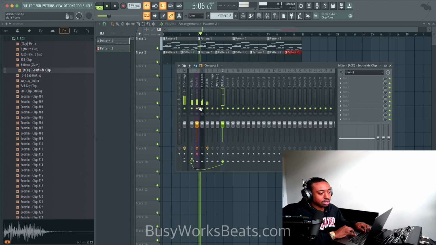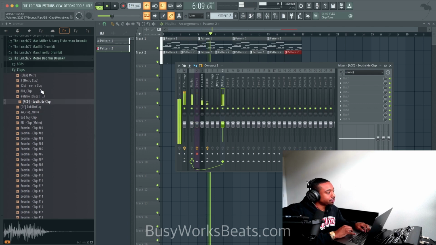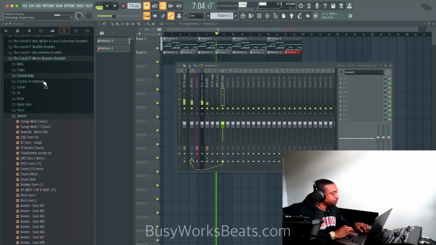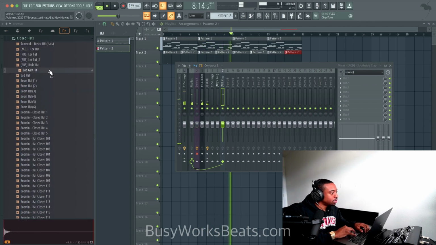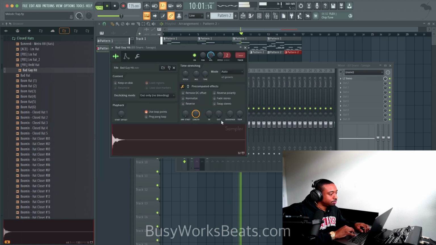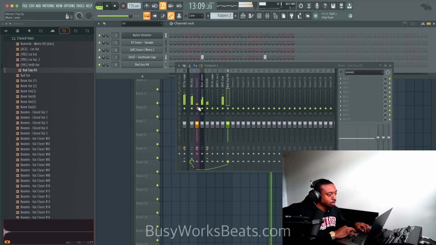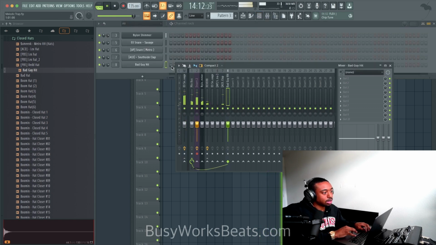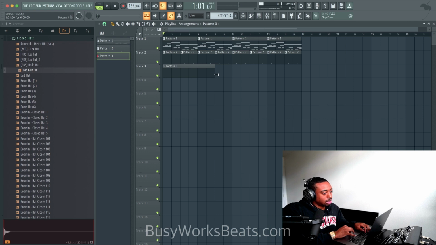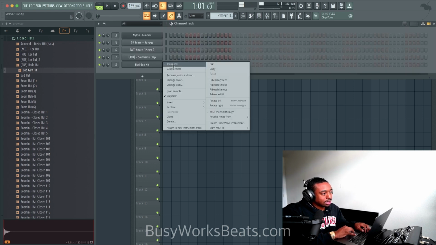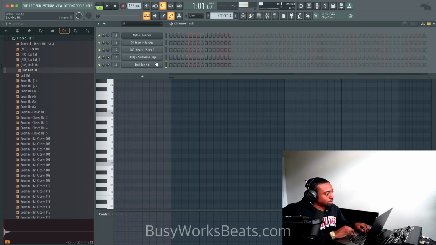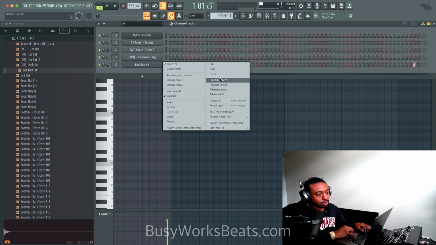I'm gonna mute my mic and find some hi-hats. Hi-hats are pretty simple. I'll show you guys how to do hi-hat rolls. Double click, right click, go to piano roll. Actually, don't go to piano roll. Right click, fill each 2 steps, add a random note over here and just do it again. It will fill it out.